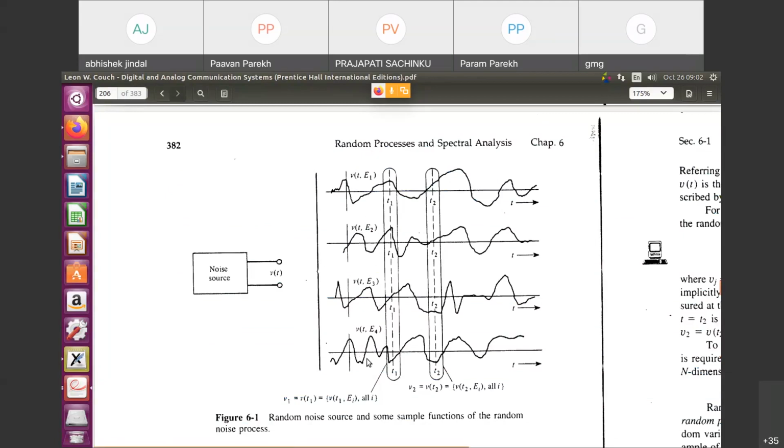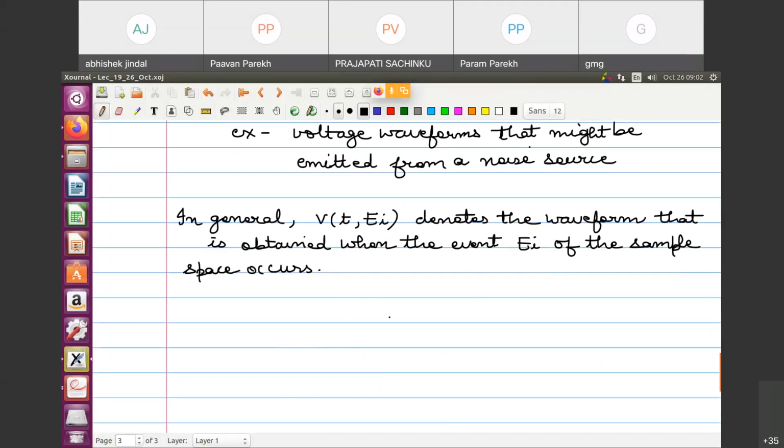And if we are looking at a particular e, then time is varying. So with time variation, you have different possible values, and with time fixed, again you have different possible values. That is the way to model such sources or such phenomena. So V of t comma ei